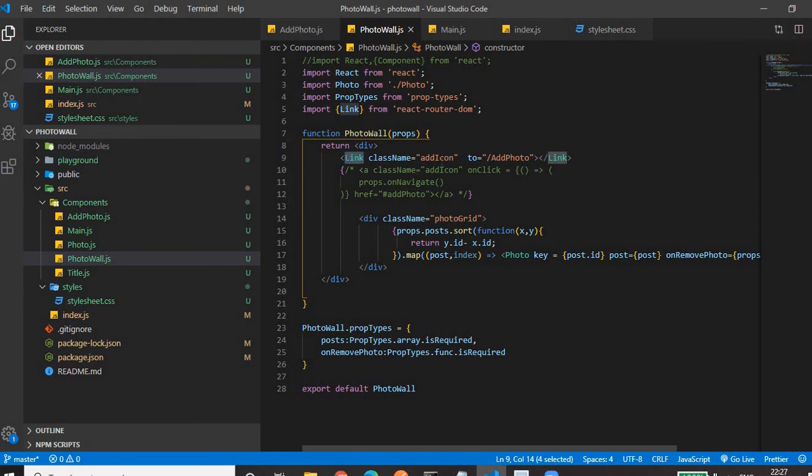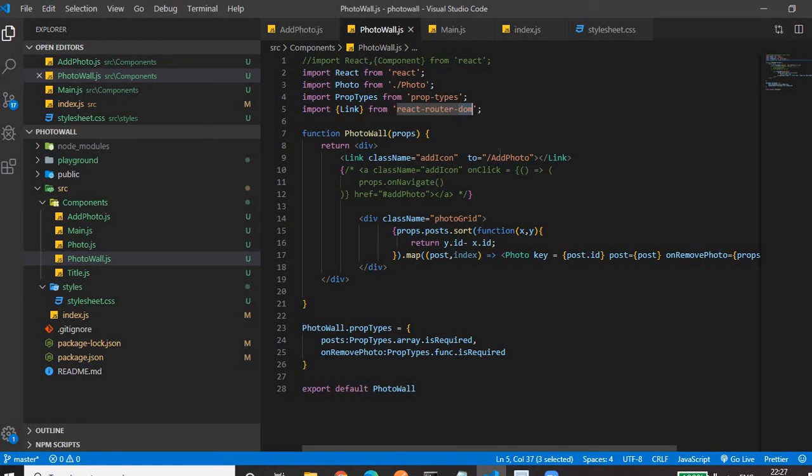Then we provide the same class for showing the link in the form of a plus button. Then we have 2 props in which we provide the path that will be activated when that add button is clicked. For using this link, we have to import link from React Router DOM. This is the second step.